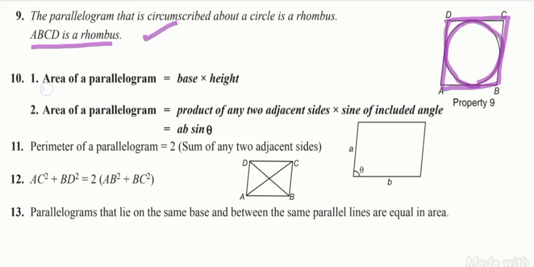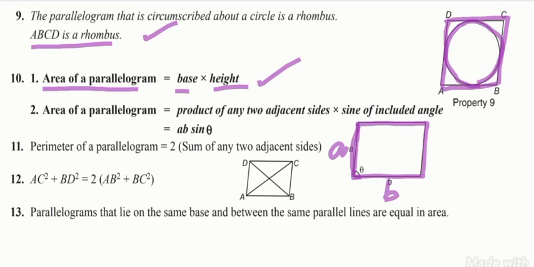Next one, area of the parallelogram is base into height. So an easy thing, base into height. Let us consider a parallelogram. I am showing here. Suppose this is b, this is a. Opposite sides are equal. So the base is b, and the formula is base into height. I want to find the height. Just drop a height here like this. This is your height, perpendicular. Then you get a right triangle.